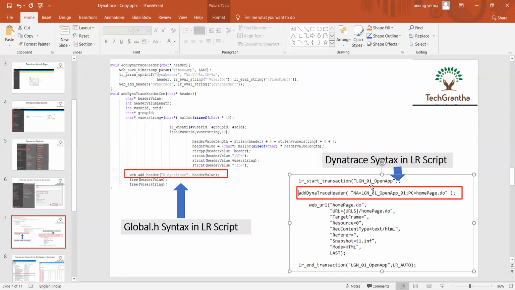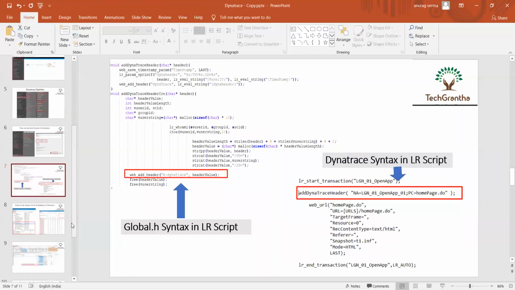You can see the start transaction is LGN01 open app. The same transaction name you need to mention there, and PC is equal to the information from the first line of the web URL submit, whatever is in the double quotes, just copy and paste it, the same is equal to PC. After modifying those two things, all the information will be captured in your Dynatrace session for the particular transaction.